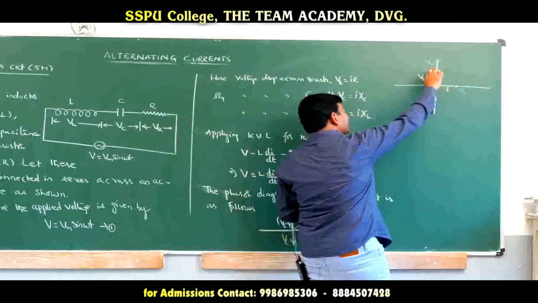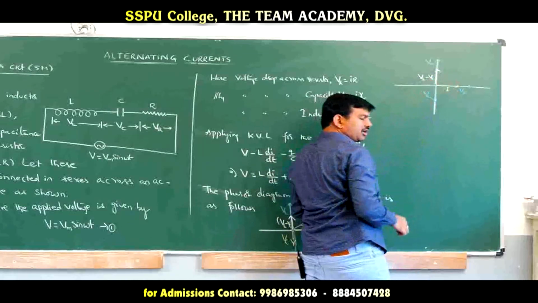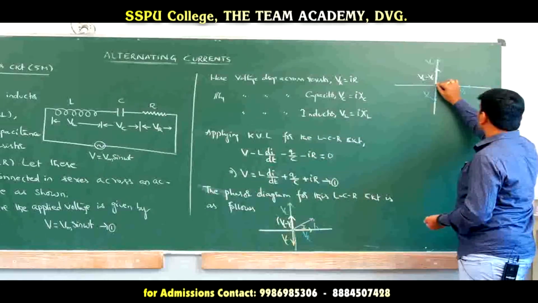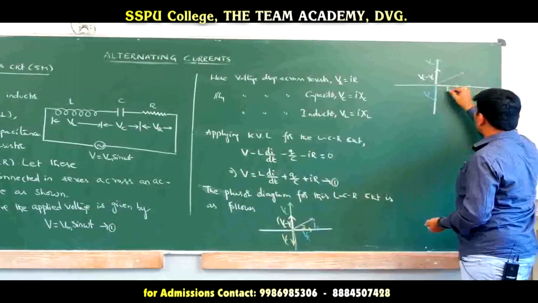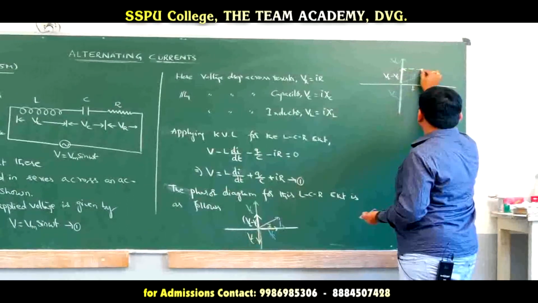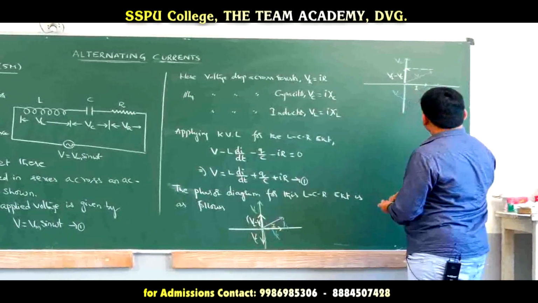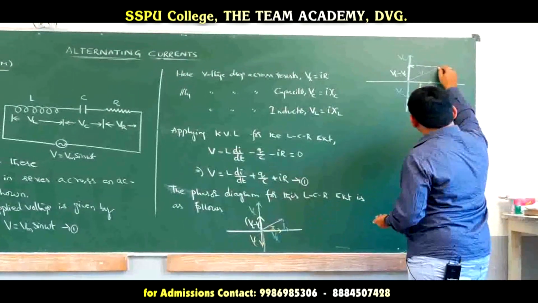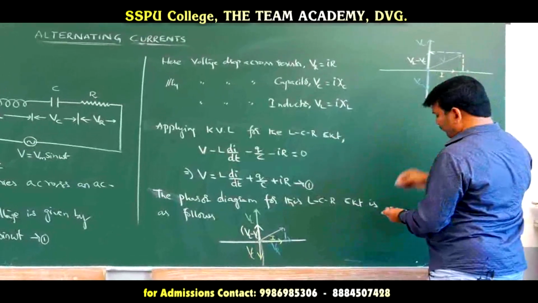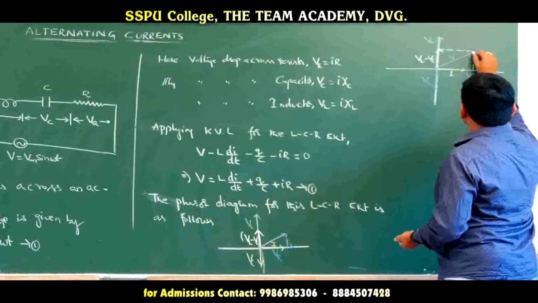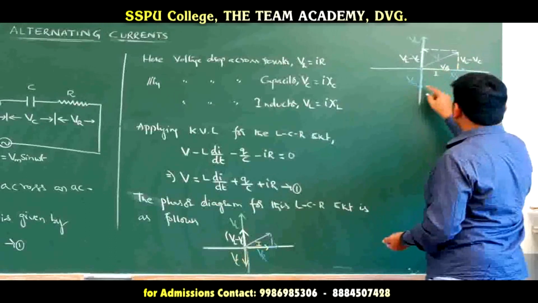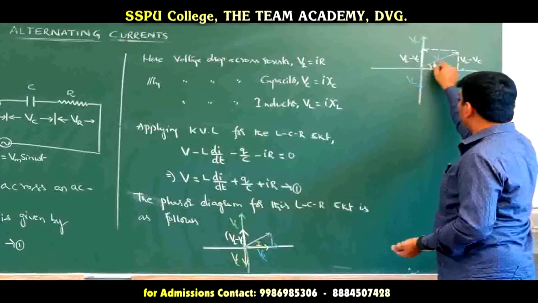Okay. Now this VL minus VC and this VR, they are perpendicular to each other. The resultant of those two will be drawn like this. So this is the final resultant V. If you take it like this, it is intersecting here, and here also if you drop it like this, we are getting like this. So this length is nothing but VL minus VC, going up like this, and this is VR. So it is a right angle triangle with some phase angle phi.